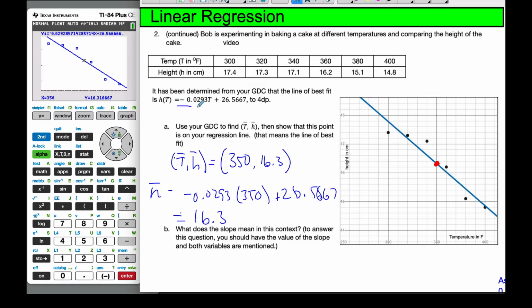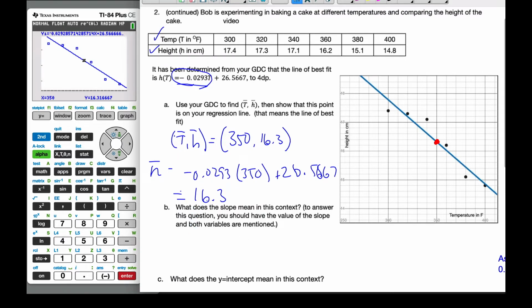So we have this slope here. What does a slope mean in context? To answer this question, we need to use the value, and we need to refer to both temperature and height to answer it correctly and very clearly. If I think about slope in general, slope is like the change in y over the change in x. And the easiest way to do it is I'm always going to start with whatever the x variable is. So what I'm going to say is as the temperature increases by 1 degree, and I'll always call it 1 degree, the height decreases by